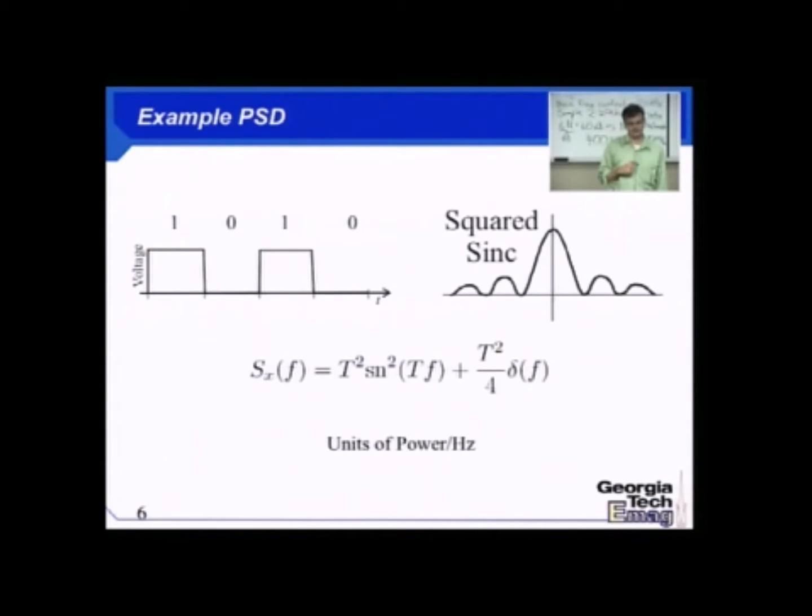Okay. Well, that kind of makes sense, right? If my pulses are smoother, then they should have less high-frequency components. So when I modulate them and put them on an RF carrier, they should have less stuff leaking into adjacent bands. The only problem is, the way I've presented it here, I am only using